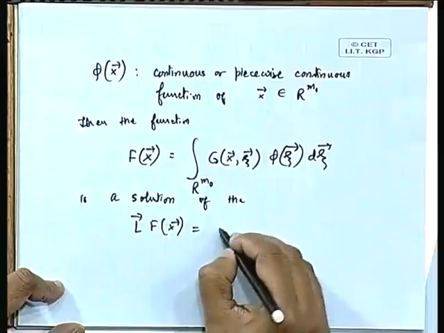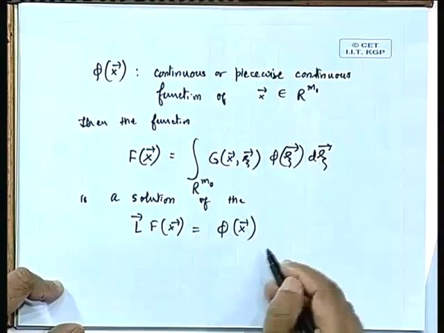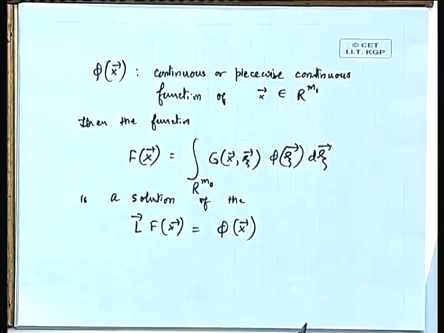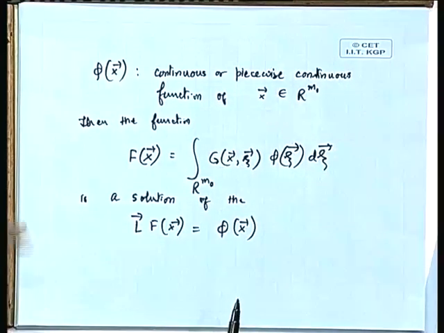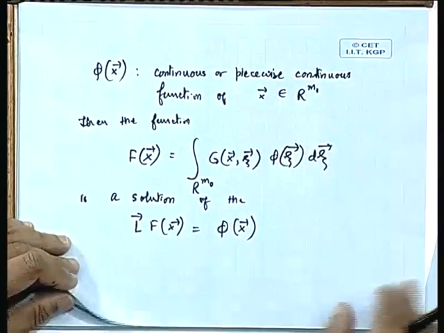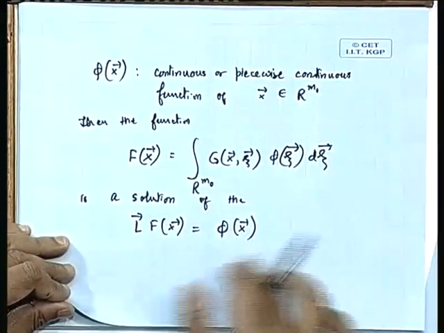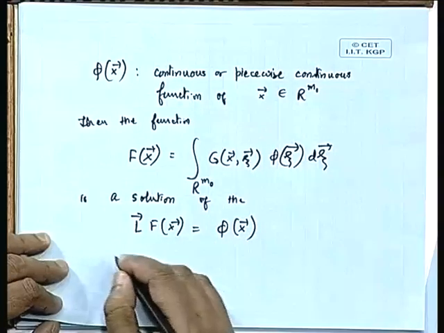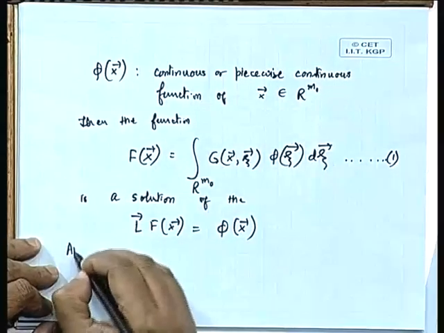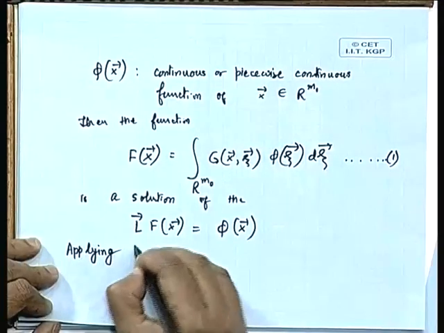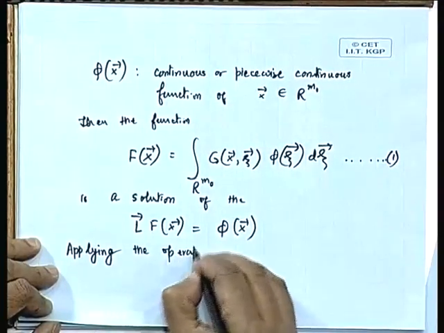So, ultimately what you are getting is that this is a solution of L fx equal to phi x. The very fact that L fx is equal to phi x has been already worked out by some of the students here, but just for the benefit of those who could not follow this, done very hurriedly because we did not write down every step, for those who are a little slow in understanding this aspect of the equation, let us call this one equation number 1. So, I can say that we are applying the differential operator L